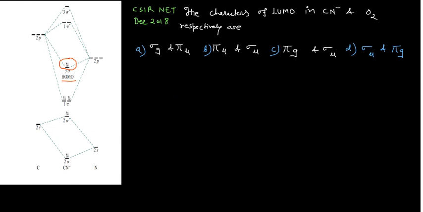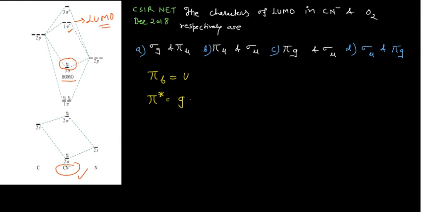But right now this is the HOMO, the highest occupied molecular orbital. Then immediately after that you have the LUMO. This is the LUMO of cyanide. When this is the LUMO of cyanide, then what is given here, you see here, it is sigma. Whenever you have the sigma, this is forming the 3 sigma orbital, and this one here is the LUMO. See, the question is on the LUMO. So the LUMO is the pi anti-bonding. And I already told you pi bondings are ungerade, but pi anti-bondings are the gerade ones.